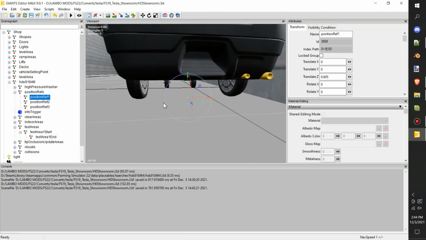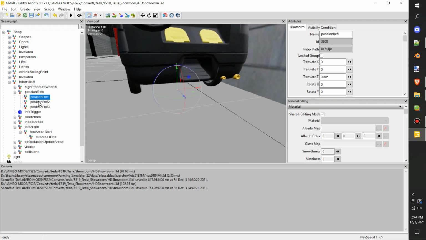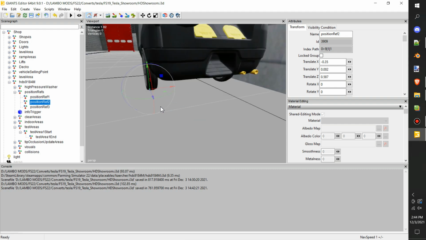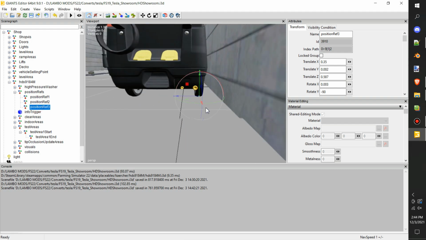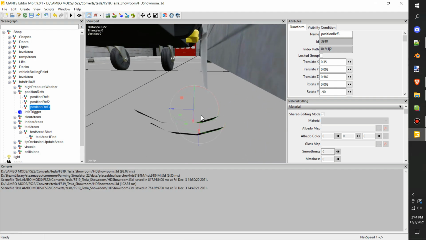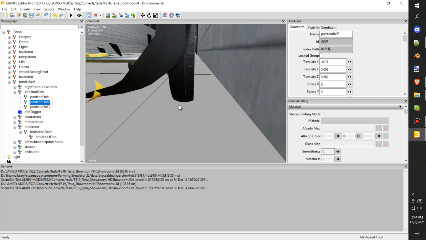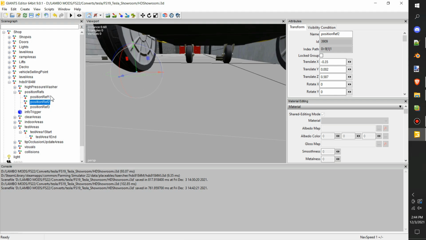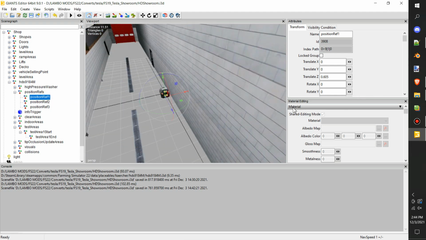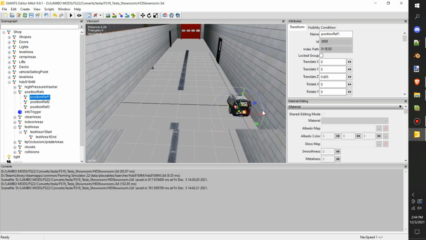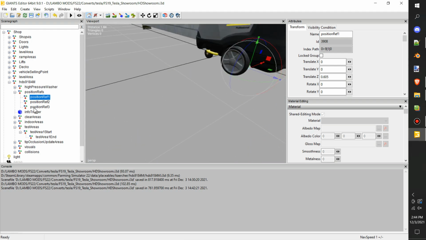And I think it's asking, where do you want this to be spawned? So position reference 2 is on the wheel, the very edge of the wheel, it looks like. And then position reference 3 is the very edge of the wheel there, with this one, the reference 1, being in the center of the actual pressure washer. So since this is almost the center of the map,